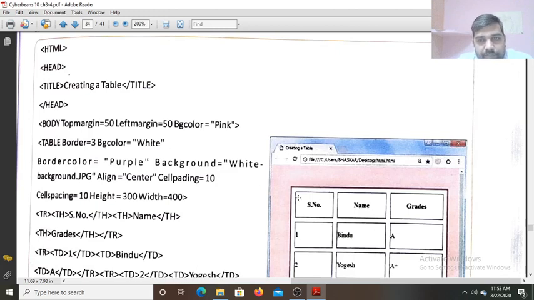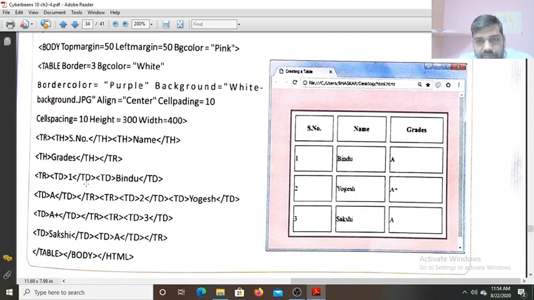Background color white, border color purple you can see, and background some image is also set, that is background.jpg. Alignment center, cell padding 10, cell spacing equals 10, height equals 300, width equals 400 pixels.